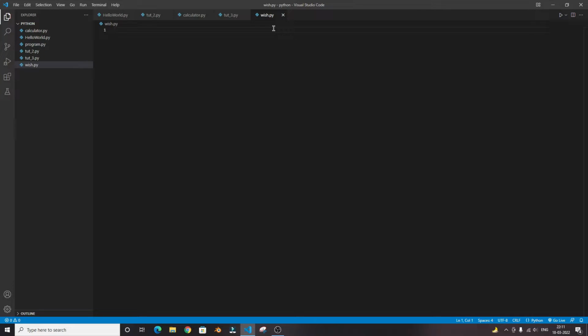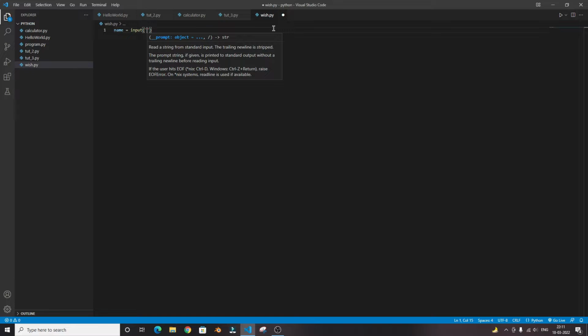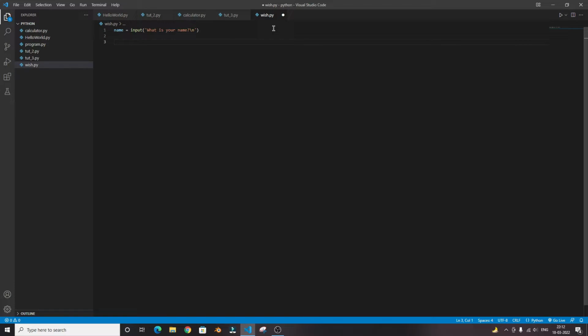First of all, we need to take the input from the user as his name. So let's quickly create a variable called name, and then input, and we will ask what is your name. And to make it look better, we will make use of an escape sequence character. And the last thing we are going to do is print